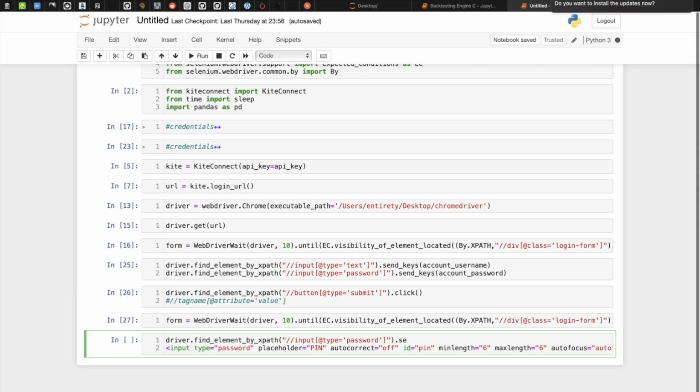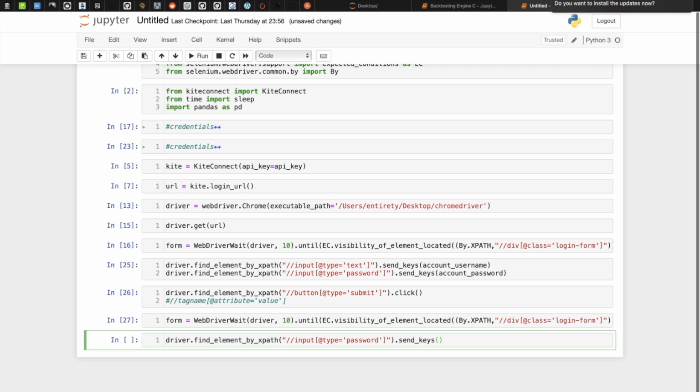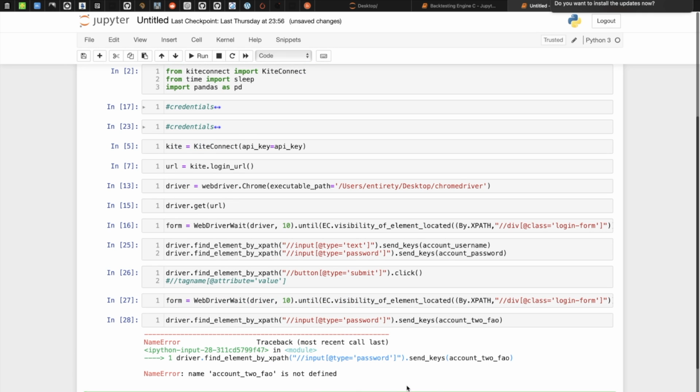What we need to send? We need to simply send the keys, or basically the password, or whatever we can send over there. Account 2FA. As soon as we click this, it will send the 2FA over there.